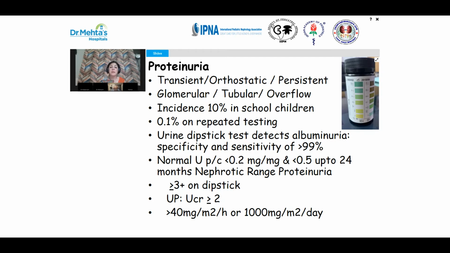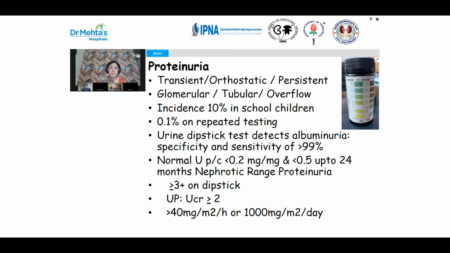And this has been primarily because many school children, especially above 7 to 8 years of age, can have orthostatic proteinuria, which means that they have proteinuria on walking around, but the early morning proteinuria will be less and will definitely not be in the nephrotic range. It will be less than 1+, trace to 1+. And they have a normal urine protein creatinine ratio early in the morning, but they may have a higher urine protein creatinine ratio once they are up and about walking around. So that is orthostatic proteinuria.